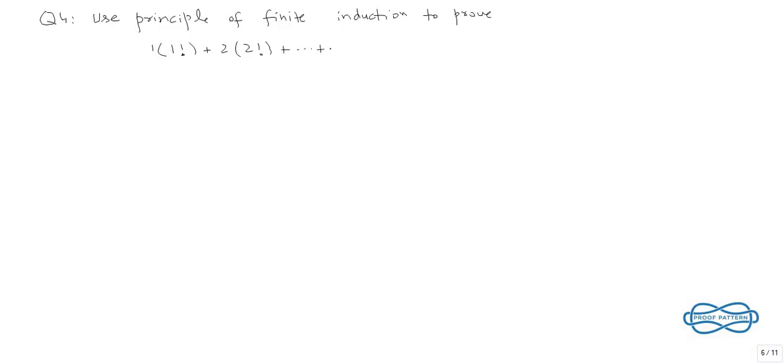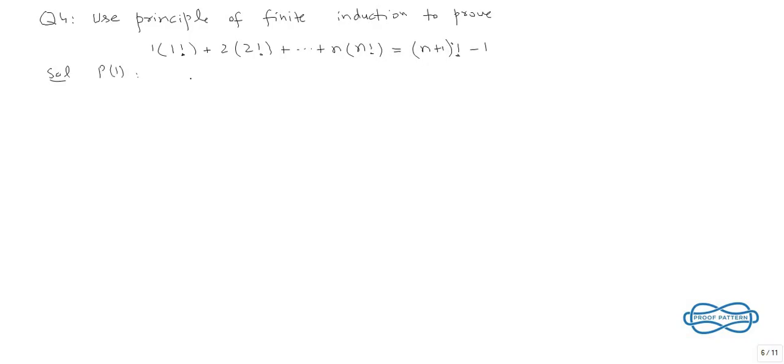Now we move to the next question, question 4. Okay, the statement is, use principle of finite induction to prove 1 into 1 factorial plus 2 into 2 factorial plus so on n into n factorial is equal to n plus 1 factorial minus 1. And the solution is,